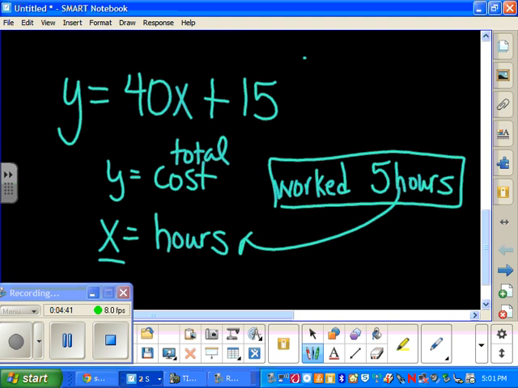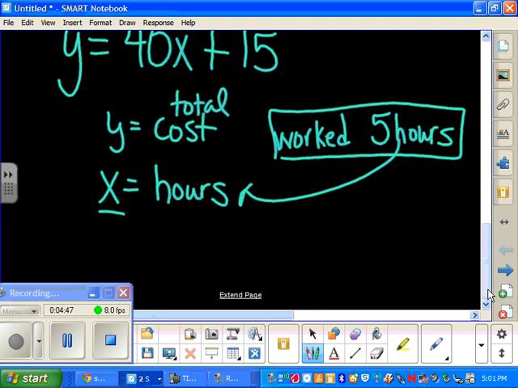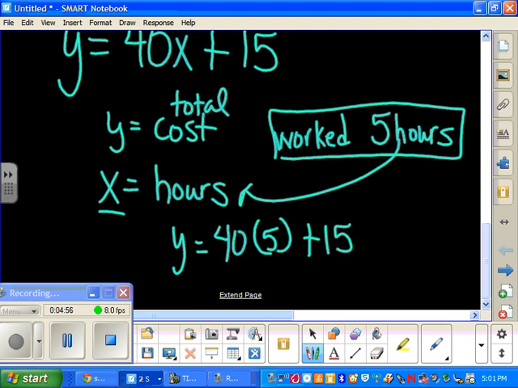So all I have to do is plug in this 5 for my x. And when I do that, I would get y equals 40 times 5 plus 15. So if I do 40 times 5, I get 200 plus 15 would be 215. So my y, or my total cost, would be